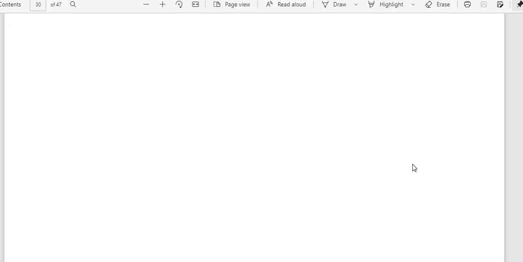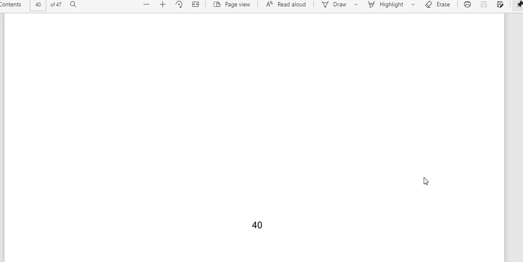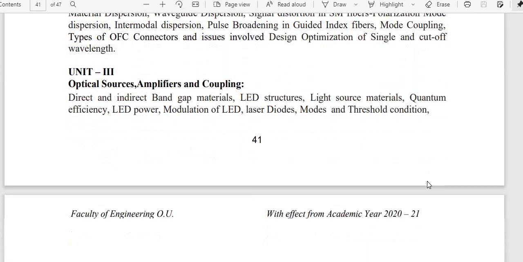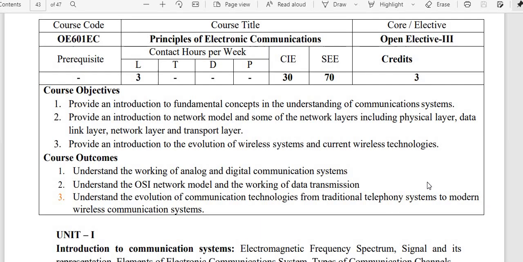In today's session, we are going to deal with Unit 1. In the previous sessions, we talked about the modes, single mode and multi mode, and even the different types of light source and how we obtain that light source. That is also covered. In today's session, our main concern is the analysis part: how we analyze that particular mode and find out its functions. This is our mode in optical communications, so we are going to see that, students.